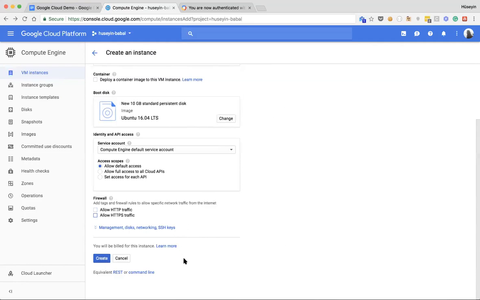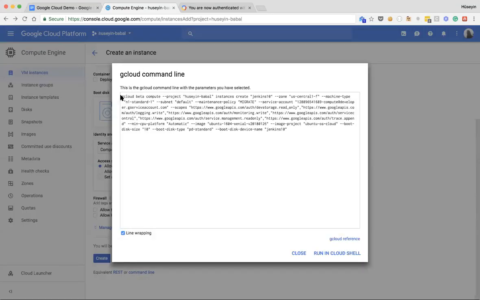In general, I am using the Google Cloud SDK. Also, we can do this operation by using the Google Cloud SDK. You can have a look at the documentation in order to create a VM instance by using the command line, but also you can see some links here. For example, when you click here, command line, it will automatically populate a command line command by using these form values. I will simply copy this one,